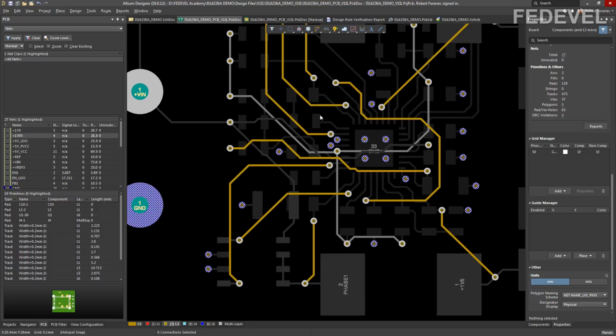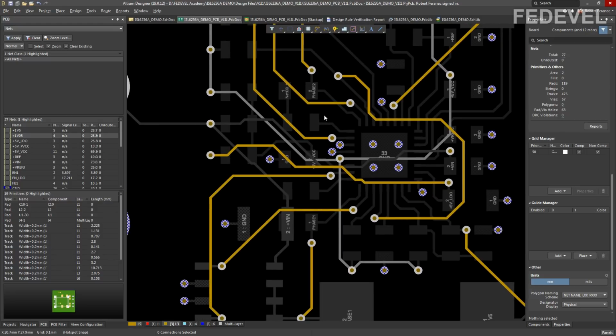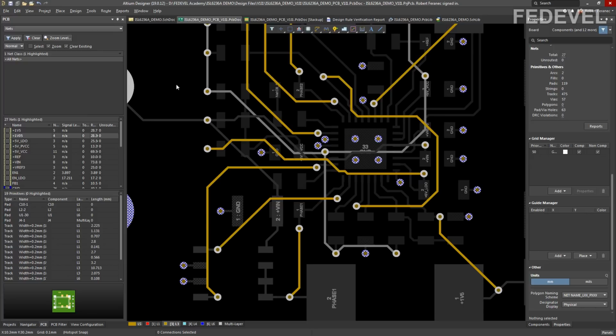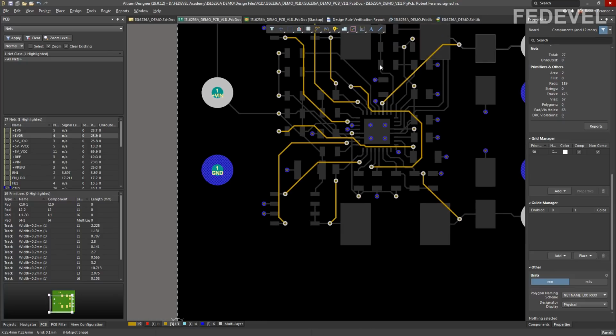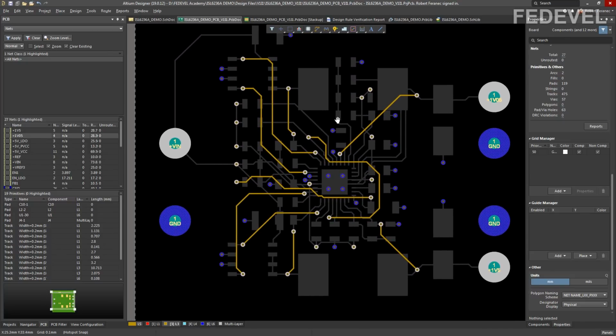Now when you press Shift S, notice how big a difference it will be. Especially look at these tracks which are routed on layer 4. Okay, I'm going to press Shift S. See? Now you can very nicely see the tracks on layer 3 and everything else is in the background. So this can sometimes be very useful.